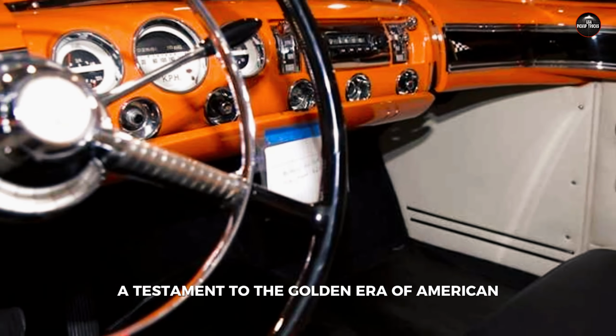The interior is adorned with plush leather seats, a futuristic dashboard, and a plethora of gauges and controls that make you feel like you're piloting a spacecraft. The instrument panel is a marvel of mid-century design, with a mix of analog and digital elements that were far ahead of their time. The spacious cabin offers a sense of comfort and luxury, with every detail meticulously crafted to